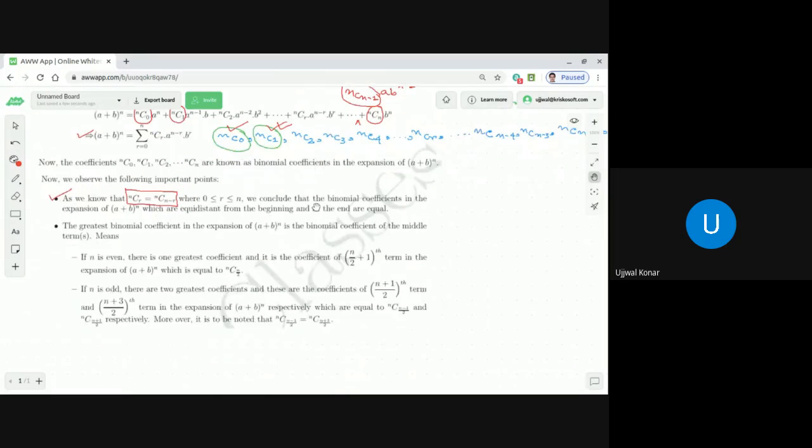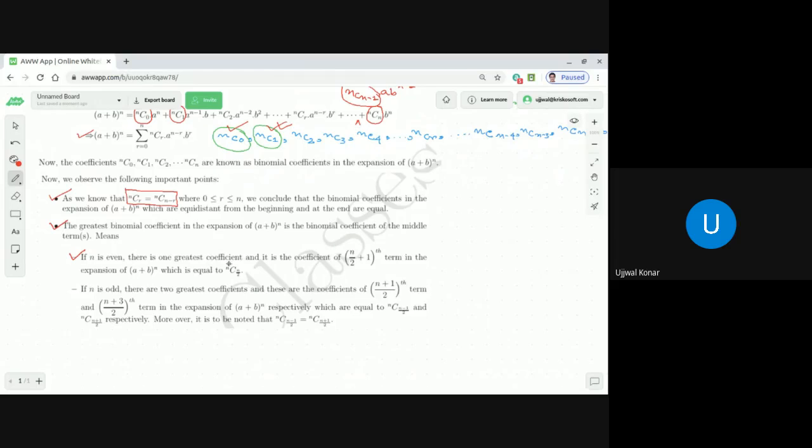Now the second point is also very important. The greatest binomial coefficient. So how many binomial coefficients are there? n plus 1 binomial coefficients. Now our target, dear students, is to find that binomial coefficient which is the greatest among all these n plus 1 binomial coefficients. The greatest binomial coefficient in the expansion of (a plus b) power n is the binomial coefficient of the middle terms. Okay, which means if n is even,